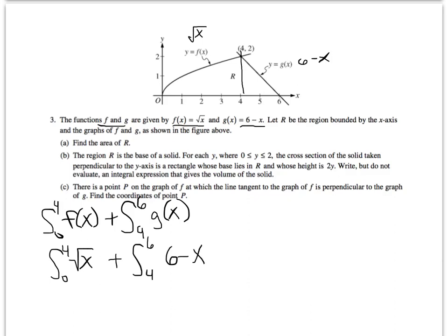Now you could have done this two different ways for the 6 minus x, because notice it's a triangle, so the area under the curve is 1/2 base times height. And the height is 4, the base is 2, so 4 times 2 is 8, and then times half of that would be 4. Am I doing, wait, no. The base is 2, the height is 4,